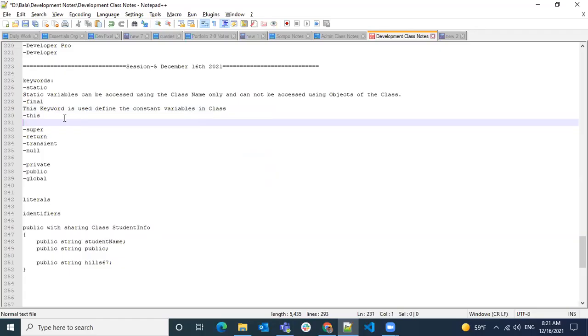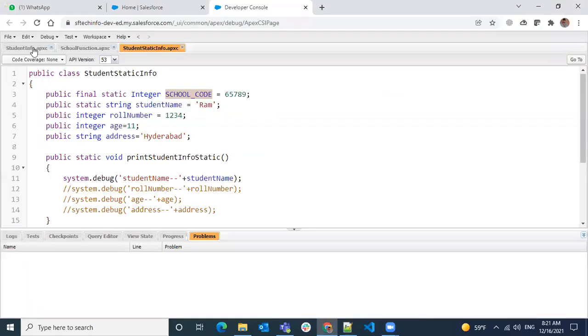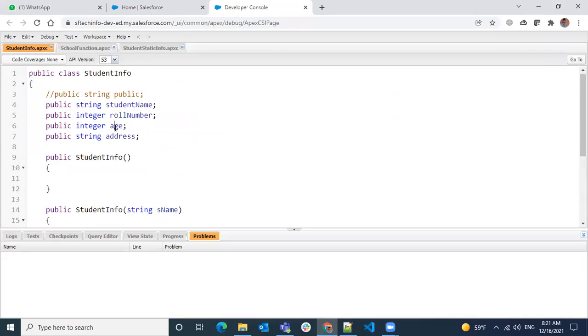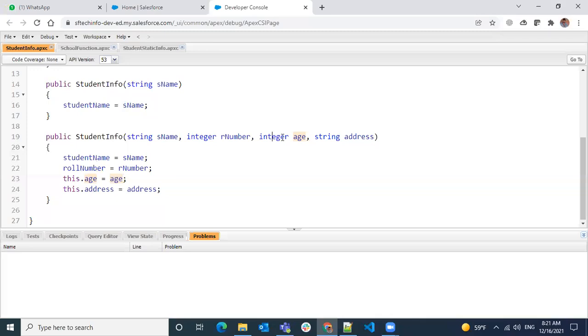If you want to refer to the class variable, then we use this. For example, one of the constructors of student info takes a string, an integer and a string. There the student name and roll number have different names, so there is no issue. But if we use the same name as the parameter name as well, then there is a conflict.